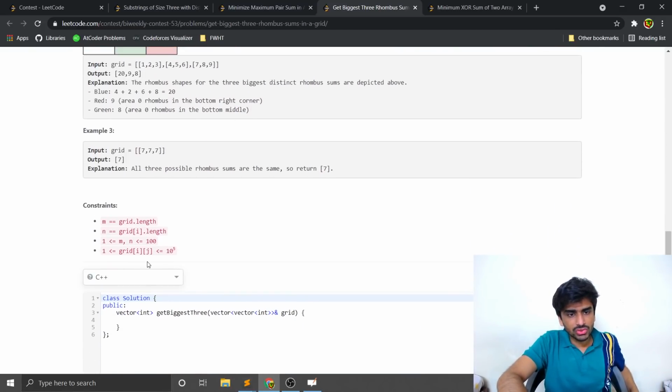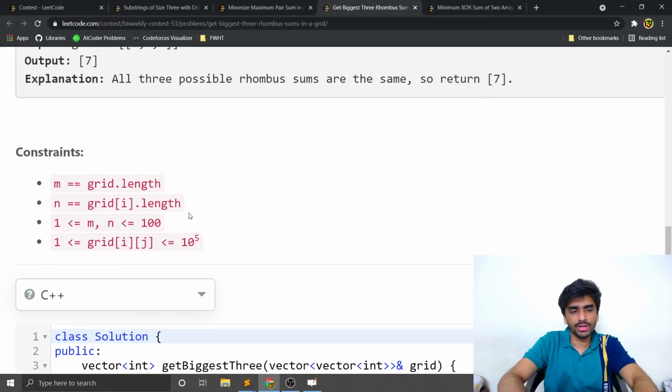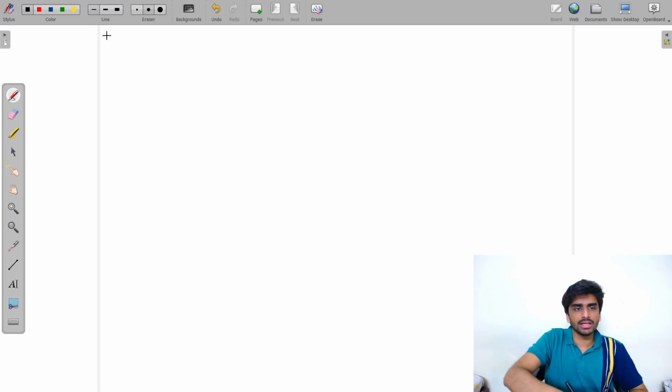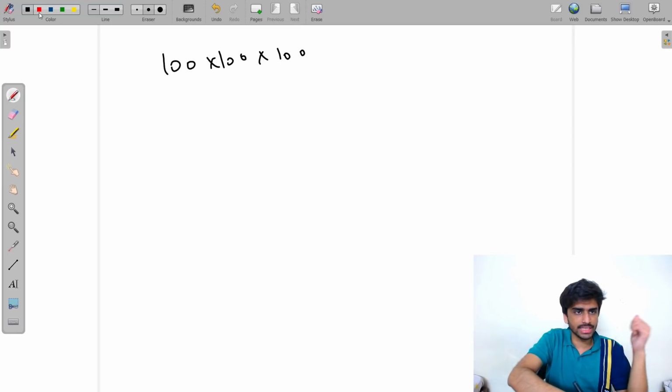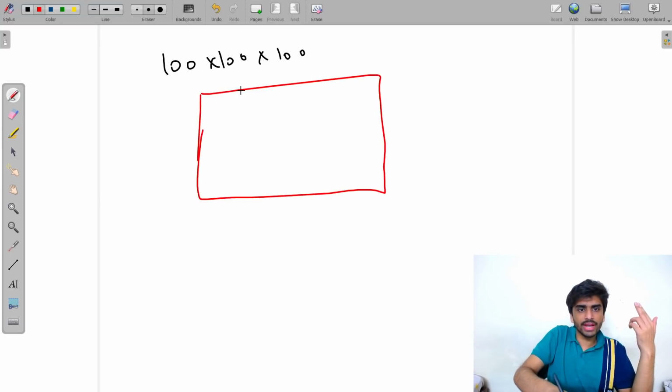Anyway, first of all, it is helpful that the grid length is smaller or equal to 100. That is really helpful. And why is that helpful? Because if you take 100 multiplied by 100 multiplied by 100, this is not a lot, this is just 10 to the power 6. And why am I doing this? If you look at a grid like this,